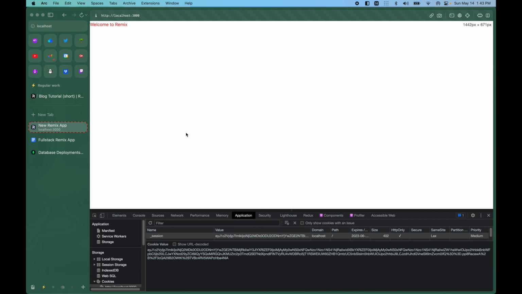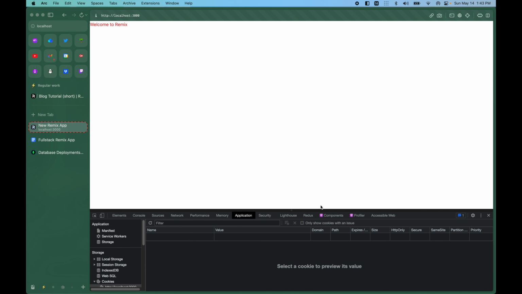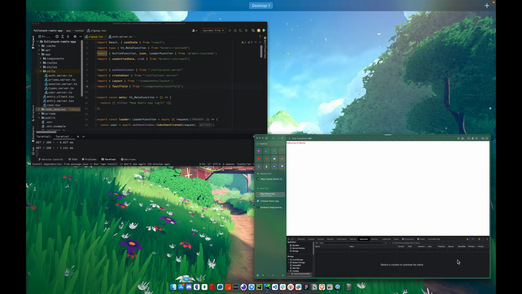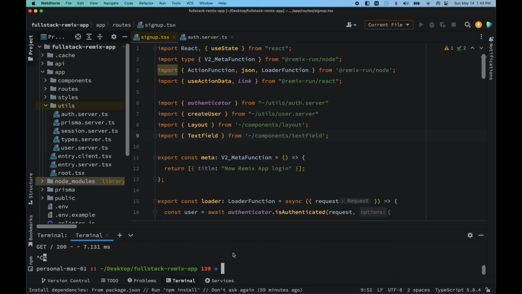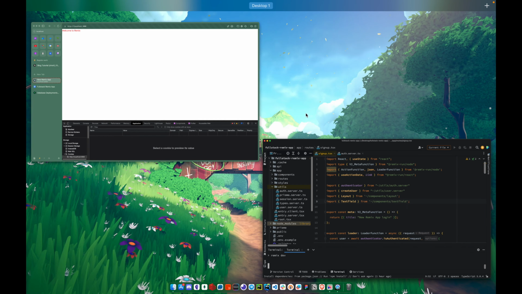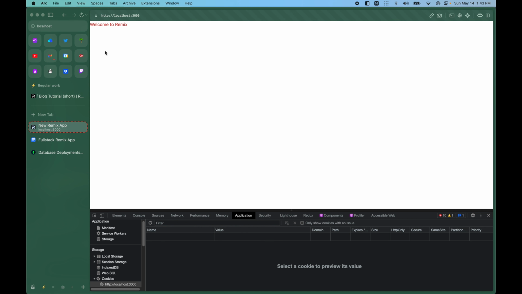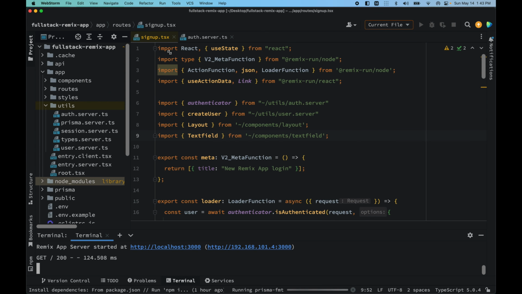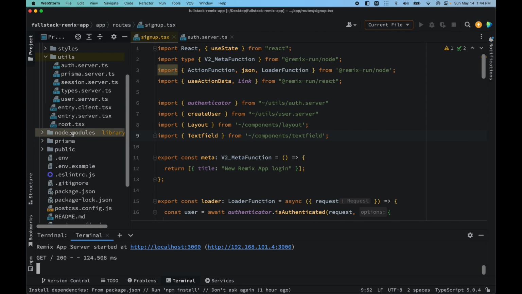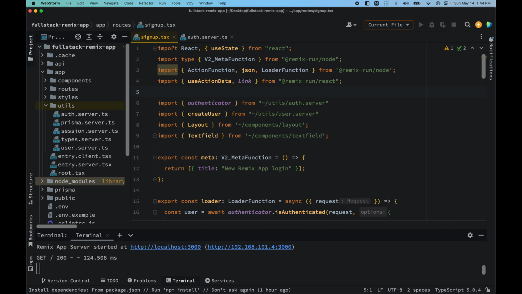But the tricky part is that we could delete this session. For example, let's go ahead and delete it and hit refresh, and we don't have a session created. And let's go ahead and run that again and hit refresh. We could still visit the home route. So we want to protect this particular route, so that only authenticated users enter the home route. For that to happen, we can go to our home route, or before that we could just finish